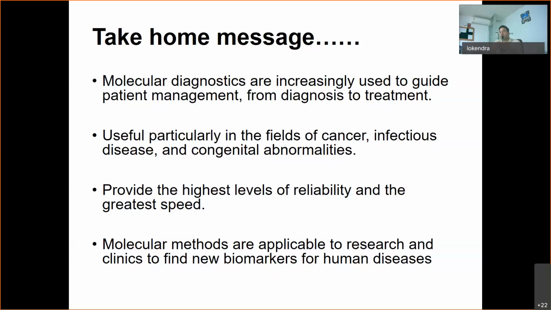It provides the highest level of reliability, because, again, in terms of COVID also, everybody nowadays prefers RT-PCR tests rather than going to TrueNat or antigen antibody tests. So again, this is just one example of giving accurate, reliable, and robust results. And these molecular methods are applicable to research and clinics. Research-wise, it is more useful in identifying new mechanisms, and also to improve therapeutics in the long term.